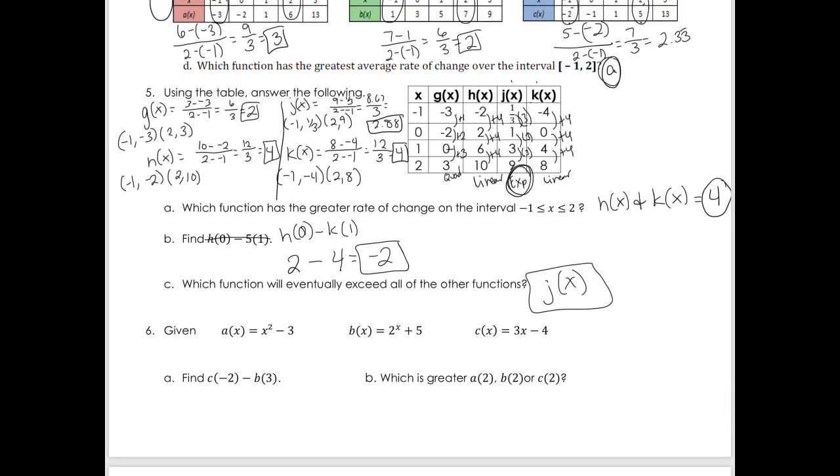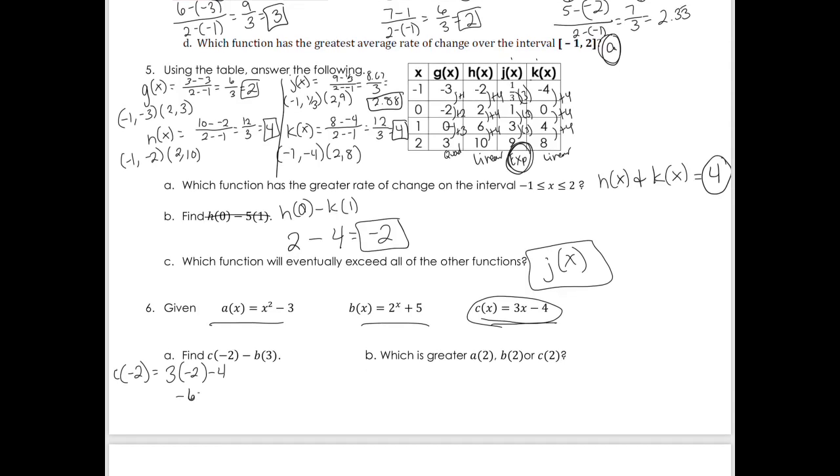And then number 6, given these functions, find c of -2 minus b of 3. Okay, so we've been doing this since August. So c of -2, my c is this one right here, so I'm gonna have 3. Wherever I see an x, I'm gonna put a -2, minus 4. So 3 times -2 is -6, minus 4 is -10. So c of -2 is